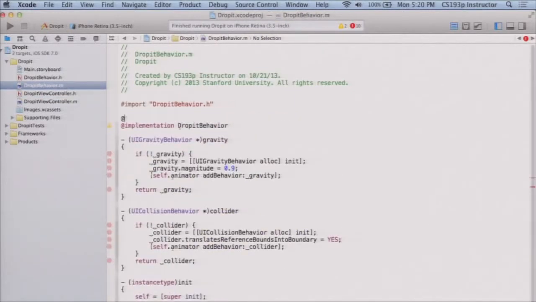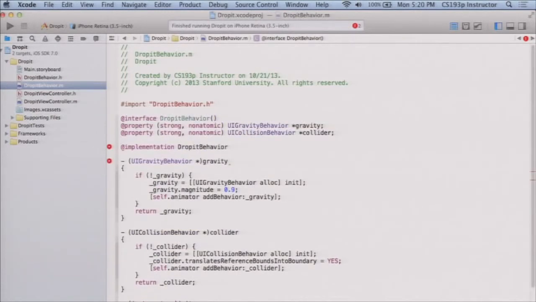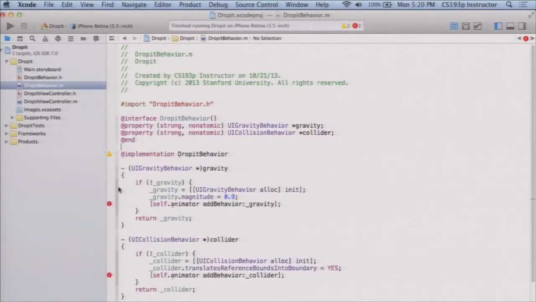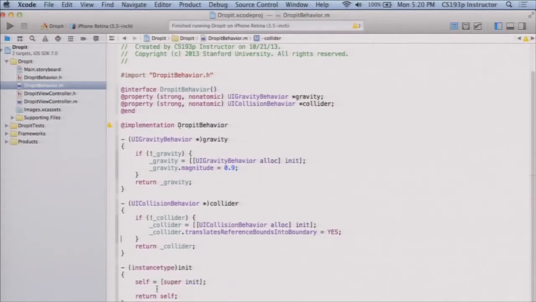Okay, so this is @interface DropItBehavior. Paste, end. Okay, so we got those, that's good. These lines, we're not going to add it to the animator because we're going to add this whole behavior to the animator, so we can get rid of those. And in add item, which we'll put right here,